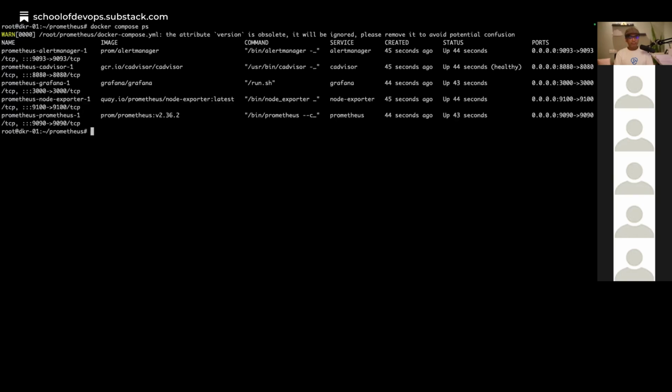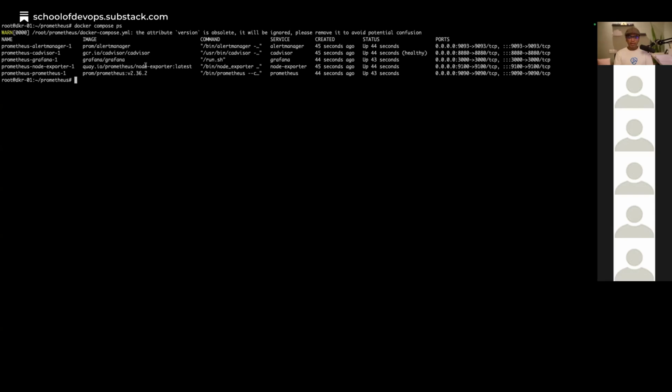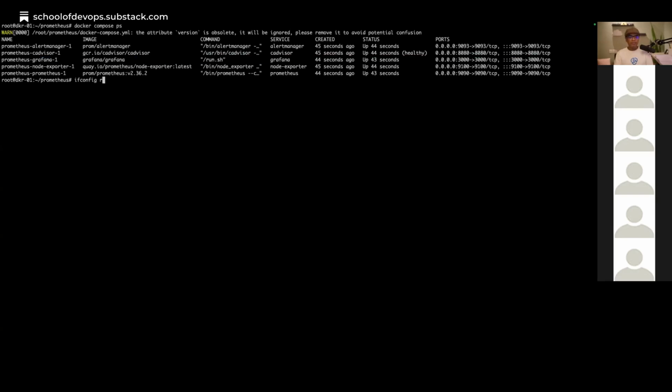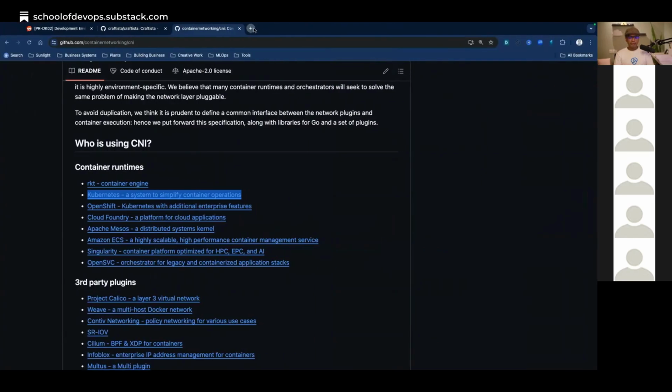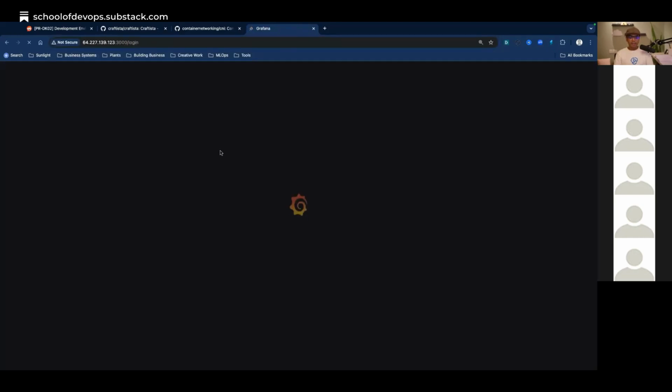So it's docker compose ps. You see the environment is set up completely. 5 services have come up, and I can show you by logging into Grafana, which is running on port number 3000. Just trying to find the IP address. This is a public server, so I'm just trying to find the IP address and go to 3000 and